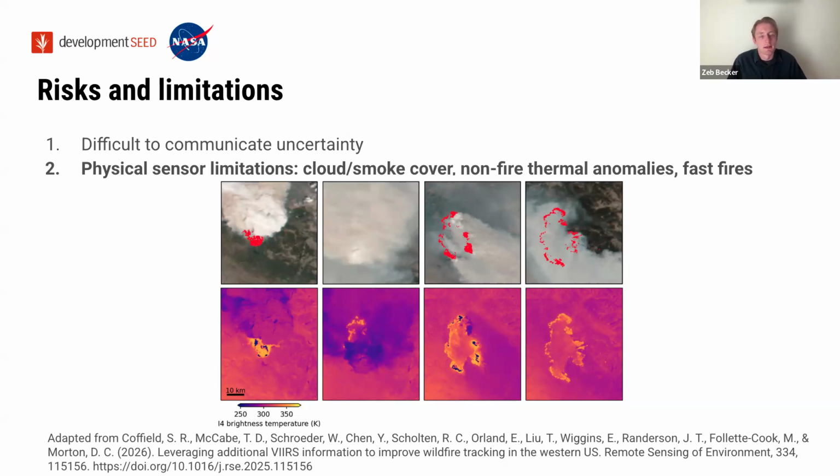Again, it's just important to be communicating this, because if you're putting out a perimeter that has a timestamp on it, say we're looking at that second column, it's important to understand that it may be missing part of that fire activity due to these reasons. And then finally, one more slide.